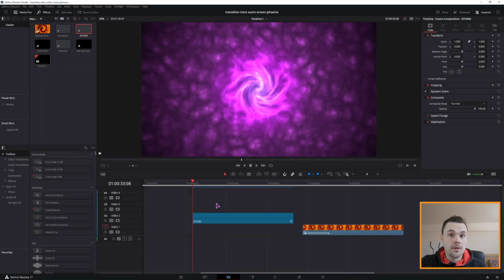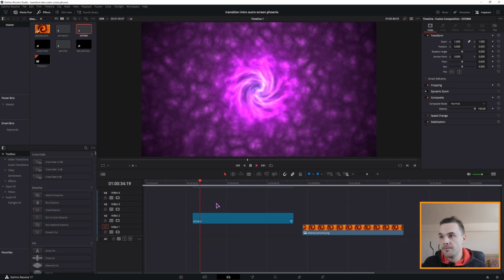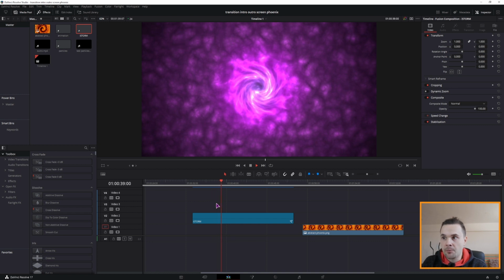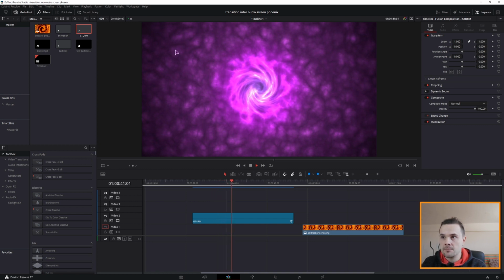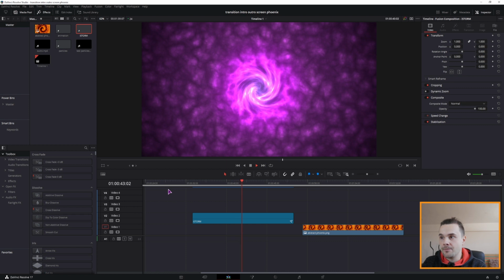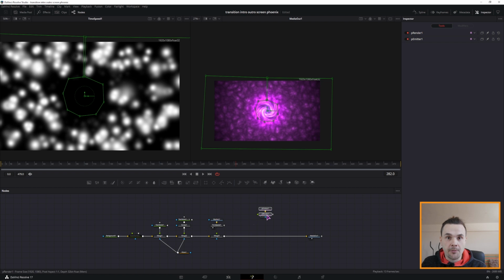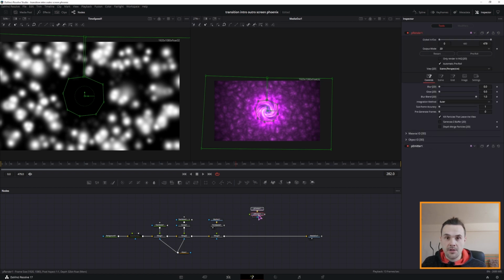Now this is just a quick render with the particles included, and as you can see, we don't really see any particles, and if you do see them, they quickly disappear. So if you have this issue, I couldn't find any other solution. As you can see, my memory is maxed out, so purge the cache. This is why you should separately export this Fusion composition if your PC can't handle it, like mine can't,